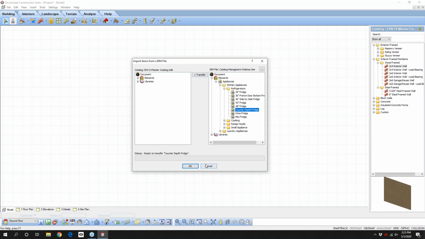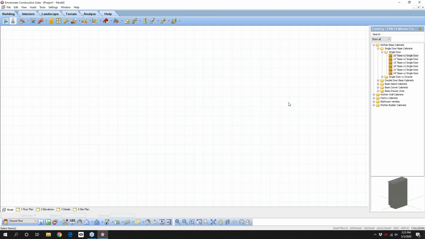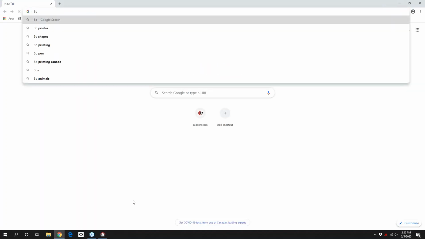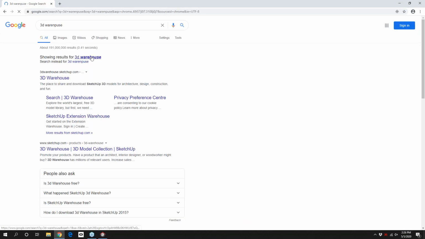So another option here, I'm just going to cancel that, is importing blocks found on the internet. The internet is a great resource for objects such as furniture and appliances. You can import blocks that are in DWG, DXF, 3DS, or SKP format into Envisioneer. I always recommend using the website 3D Warehouse. And if I just type in 3D Warehouse here, this will bring up the